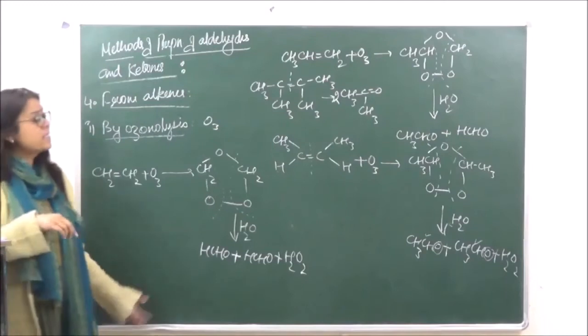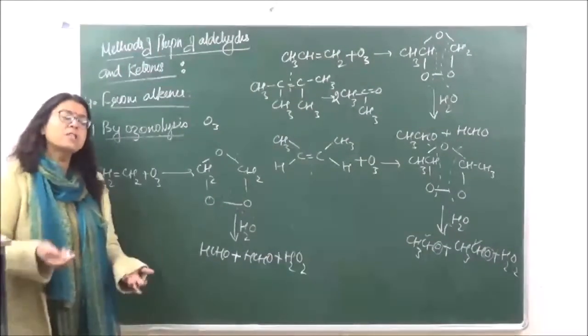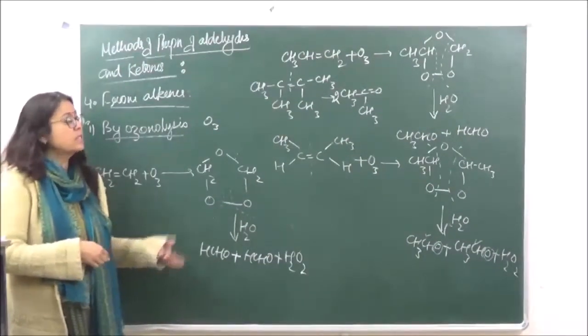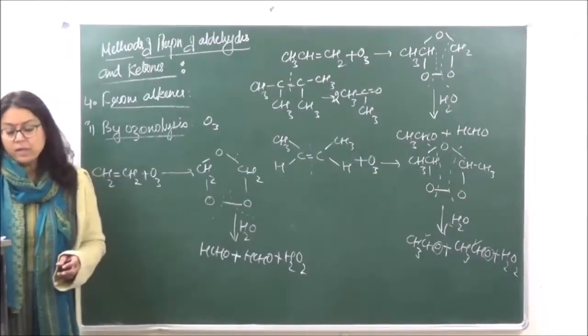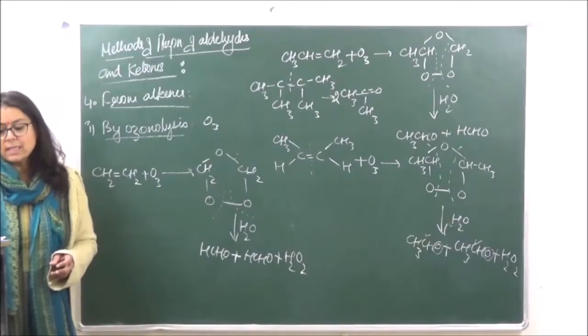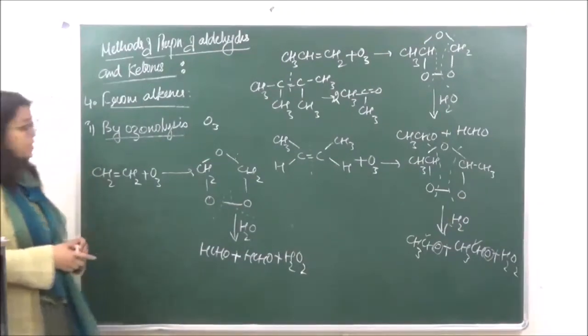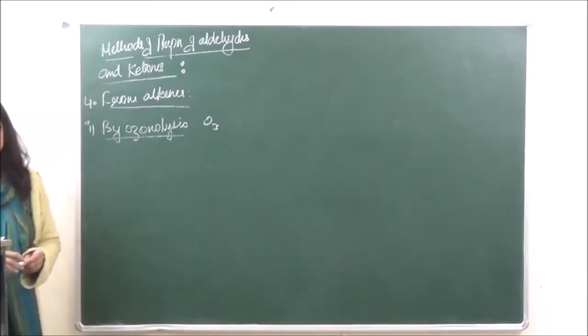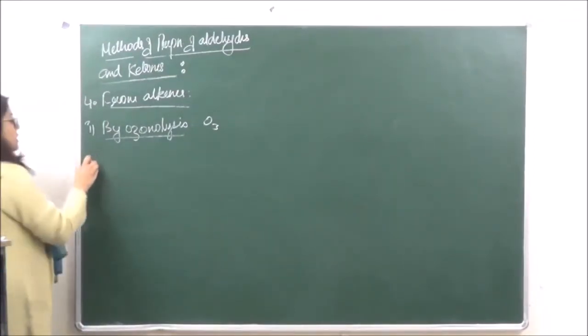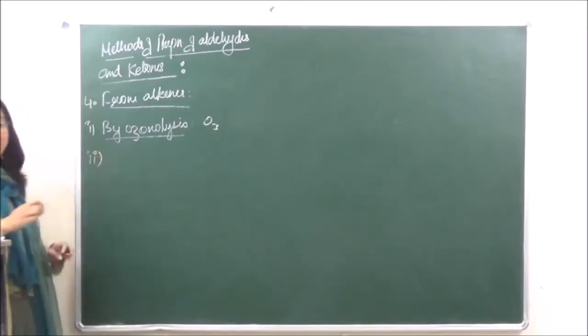From the reactants you can manipulate the products, and from products also you can manipulate the reactants. This is the kind of question which generally comes to you. Okay, so this is what ozonolysis is. Now, the second method which we are going to do in this case from alkenes is the oxidation of alkenes